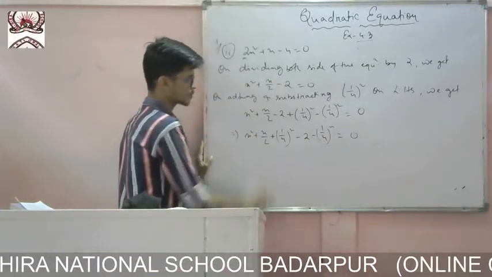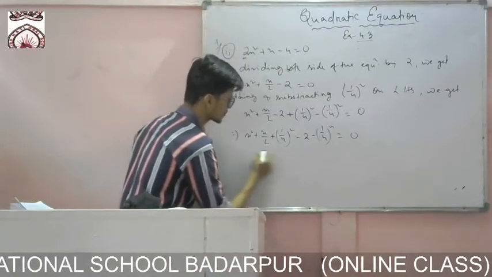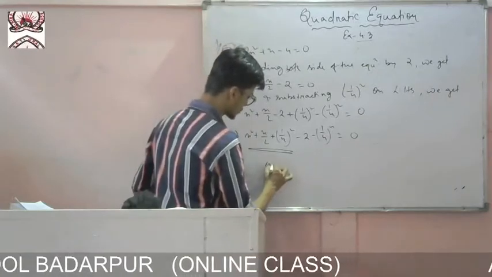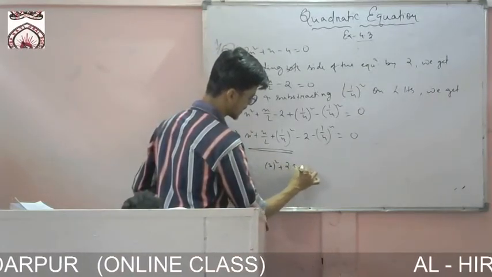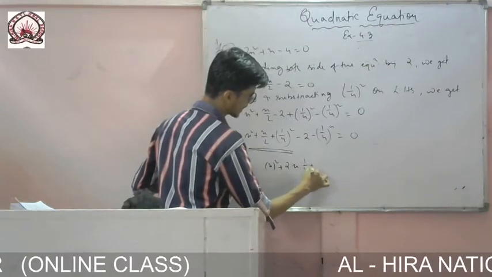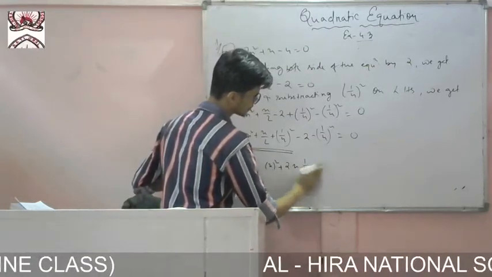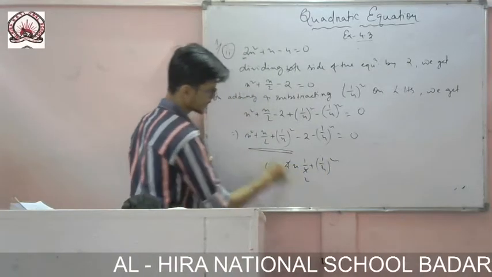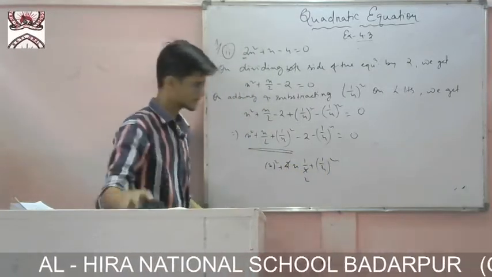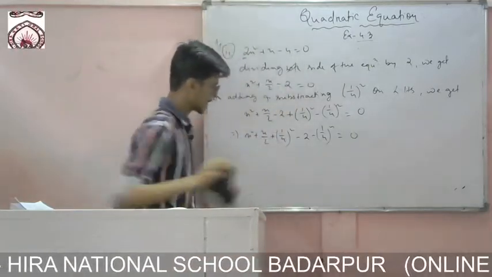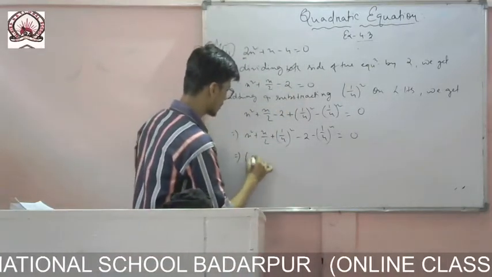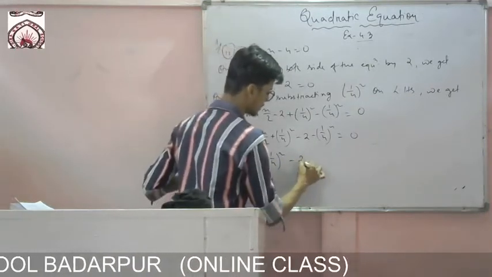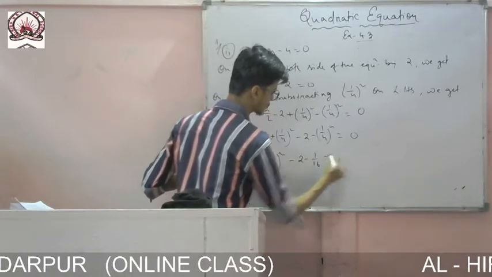A square plus twice ab plus b square, if I convert it, you see this part, I can convert it into the a plus b whole thing square formula. So a square plus twice a b plus b square. So b square is 1 by 4 square. So if I cancel, then there is coming 2. So x by 2 is coming in the middle. Is it okay? Yes. So now I will write it that it is coming under formula a plus b whole thing square, and that side if I do the subtraction, it will be minus 2 minus 1 by 16 equals to 0.